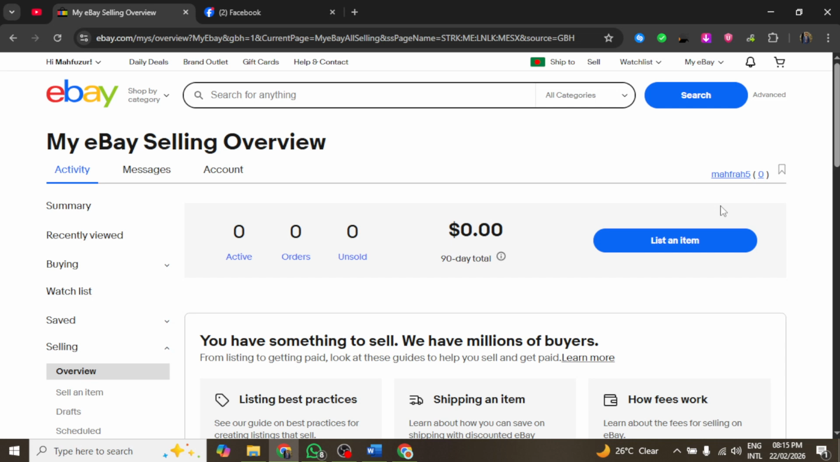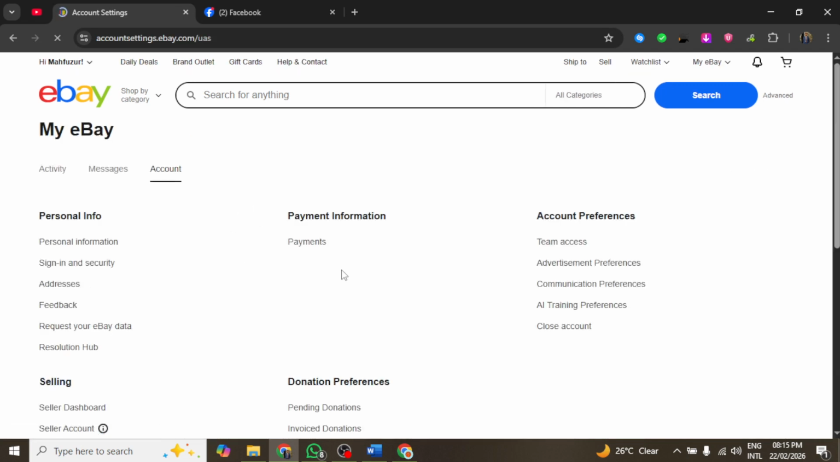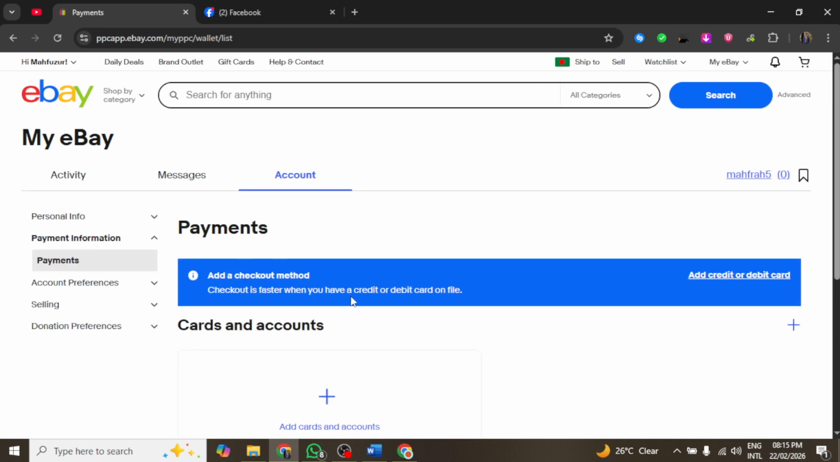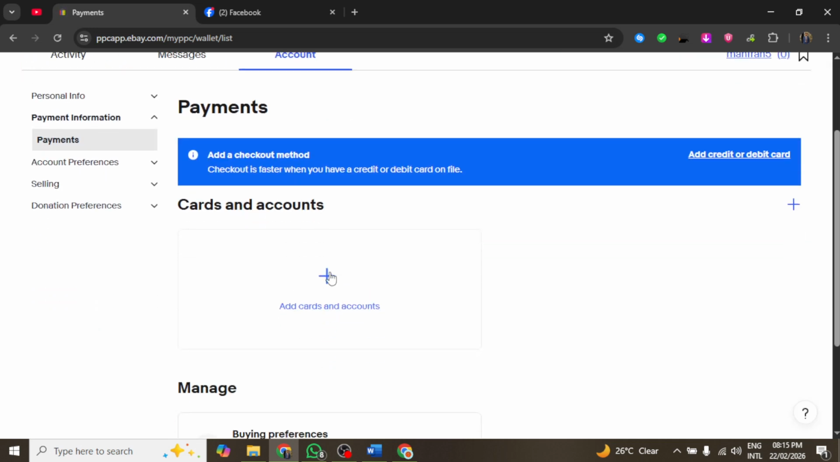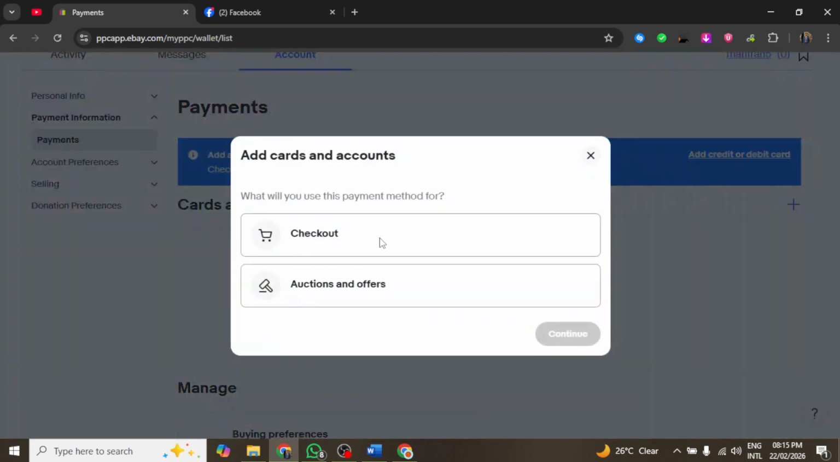Once in the account settings, look for the payments or payout settings. This area controls how you receive money from your sales on eBay. It is crucial to ensure that your account information is accurate at this stage, as this will facilitate a smooth linking process. Inside the payments or payout section, find and click on the option labeled Link Bank Account or Add